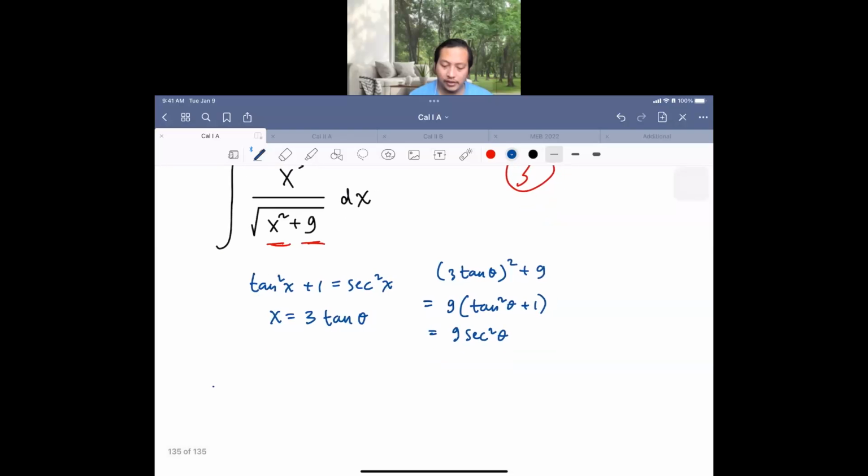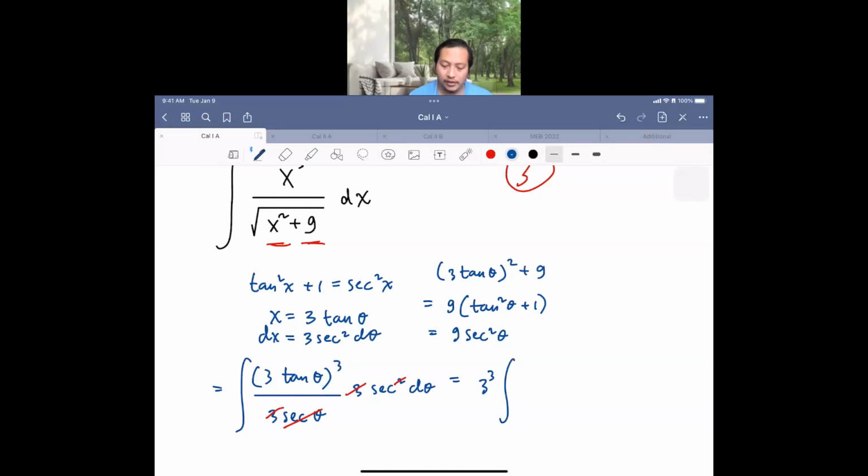Okay, now this integral is becoming 3 tangent theta, and then cubed, and then this will be having 9 secant squared, so we have a 3 secant theta because of the square root, and the dx will be 3 secant squared d theta. So 3 secant squared d theta, and then we can cancel. So we have